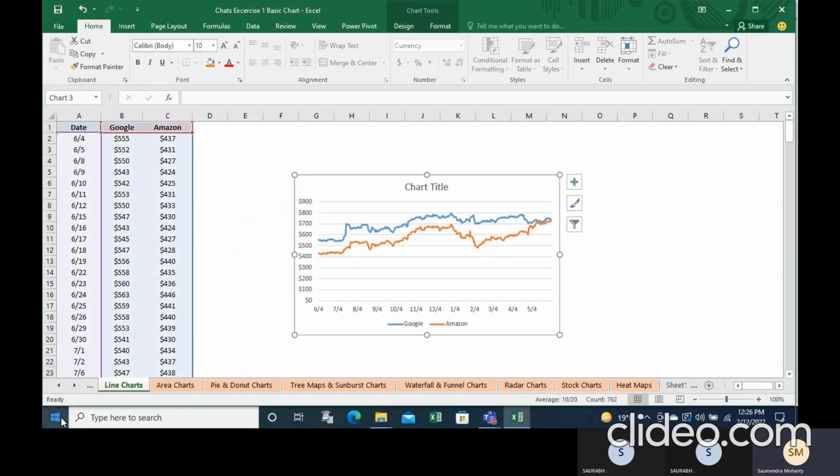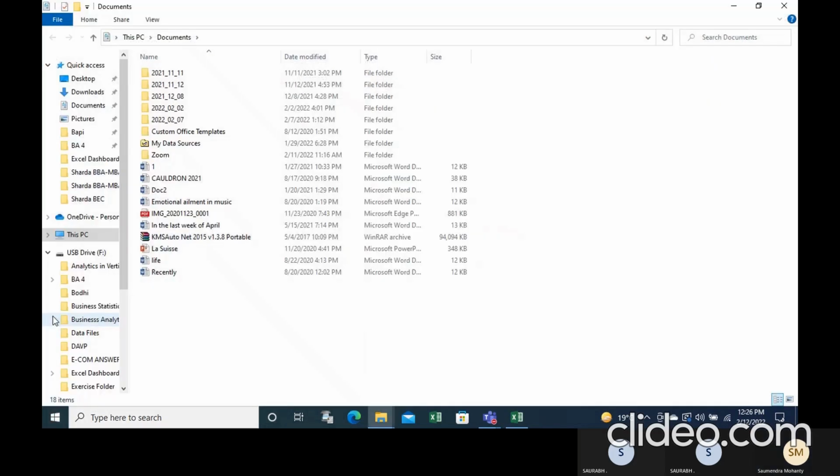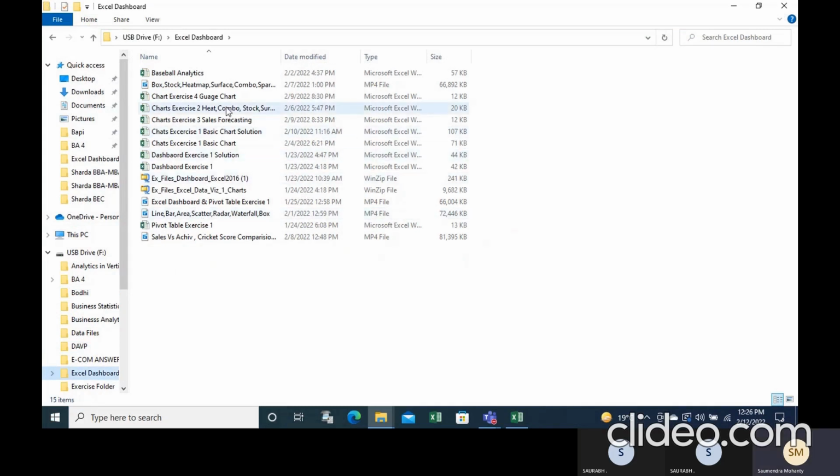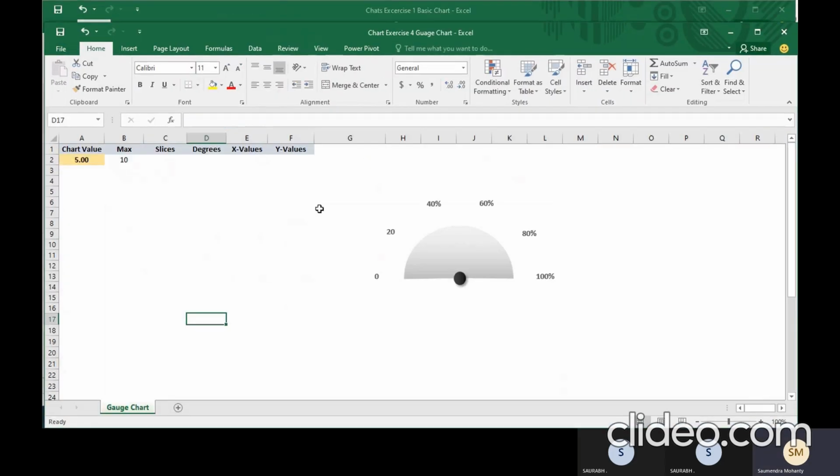Let's see what a custom gauge chart is. This is basically the fourth chart. Now this is a custom gauge chart where you are basically trying to build a needle speedometer. It is called a gauge and needle effect. So the value that you will change is this. This is the only value you change, and the needle should keep on moving from one quadrant to another. It is actually half a chart only. So the maximum value you can take is 10 on a scale of 0 to 10 or 0 to